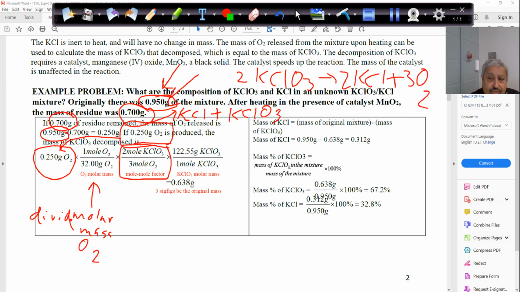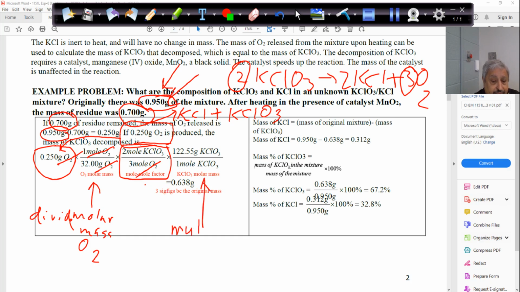So we have 2 of this to 3 of this. I put the 3 moles of oxygen underneath because I want to cancel the units of moles of oxygen, correct? So the grams of oxygen over the molar mass of oxygen here,